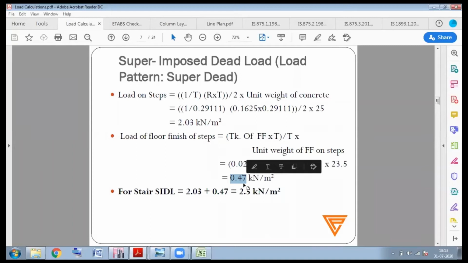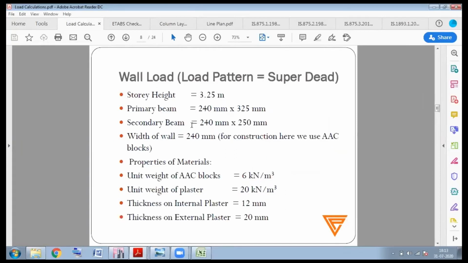So here we completed the total load that is acting above the slab. Next we are calculating the total load which is acting on the beam, so we are considering the wall load. In a structure, the wall is constructed not above the slab. Each and every wall should be constructed above the beam only. So for calculating the wall load, we can assign it to the beam.